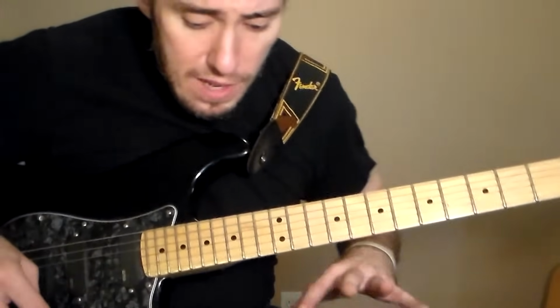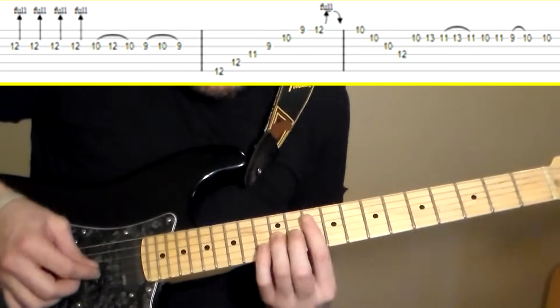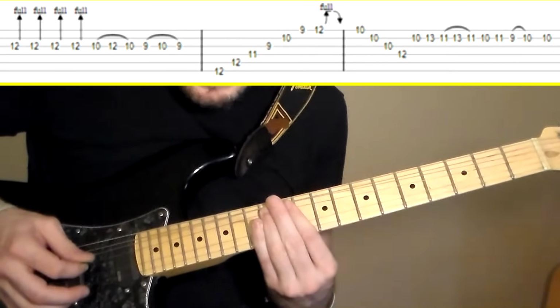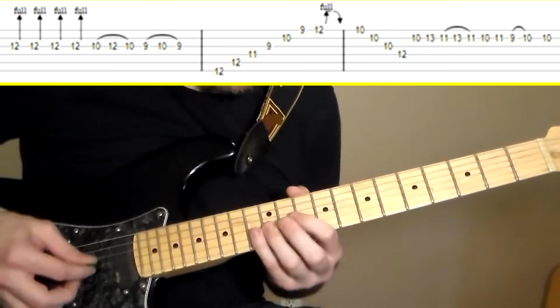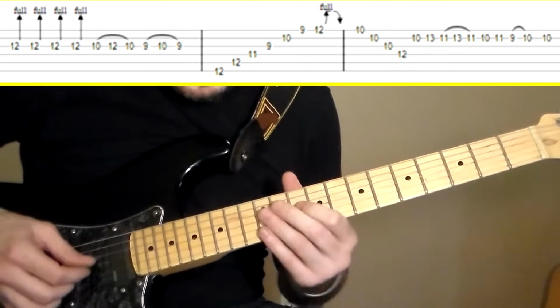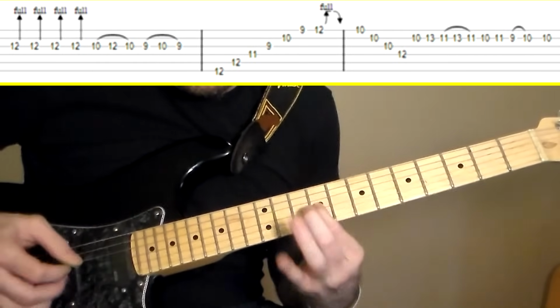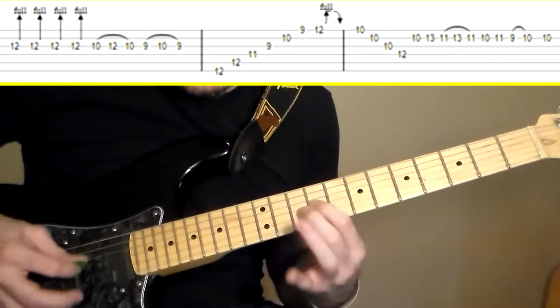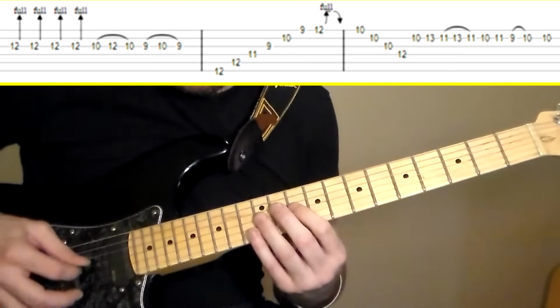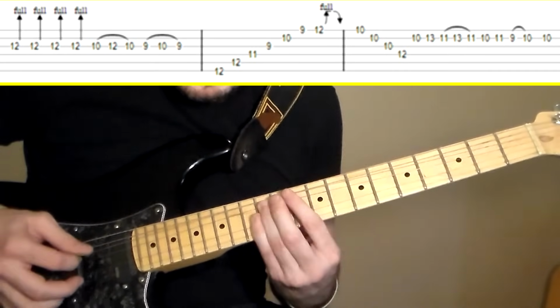So, the start of the solo goes bend on the 12th fret, G string. Just follow along with the tabs. It goes... I sometimes pick the notes and sometimes I hammer, or sometimes just hammer-pull. Whichever feels more comfortable. So it's...